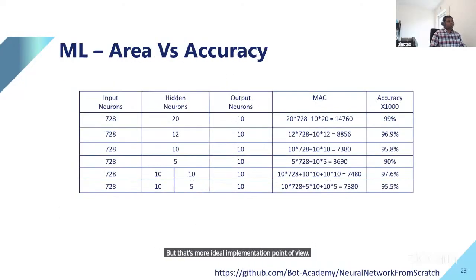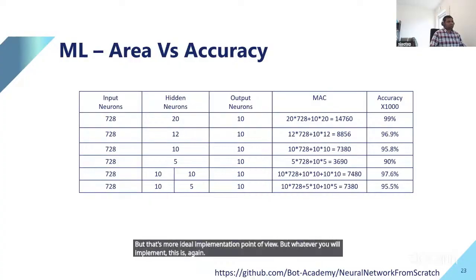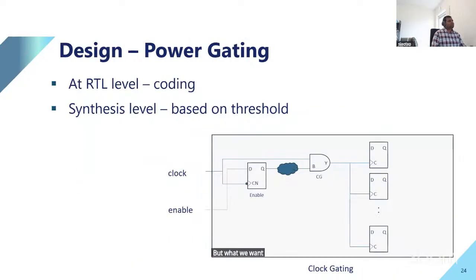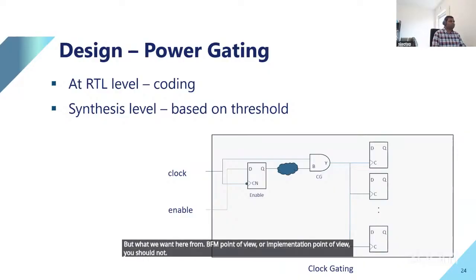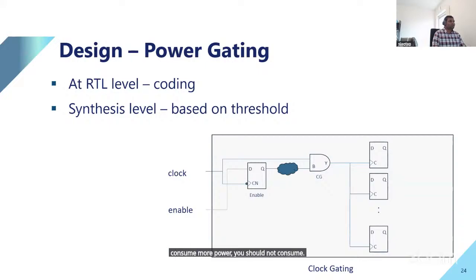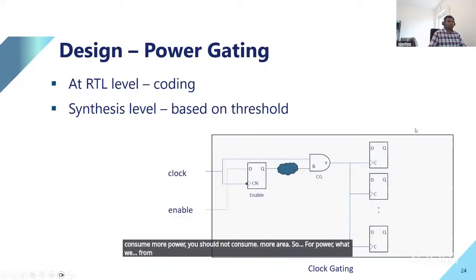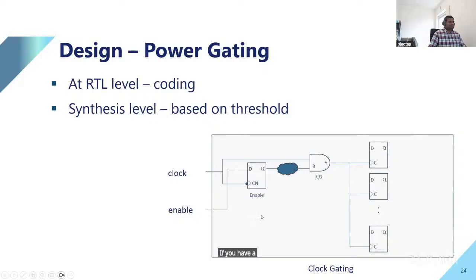But whatever you implement, again, it's behavioral code, structural code, whatever your coding style is. But what we want here from a DFM point of view or implementation point of view is that you should not consume more power, and you should not consume more area. So for power, from an implementation point of view, if you have a block, for example,